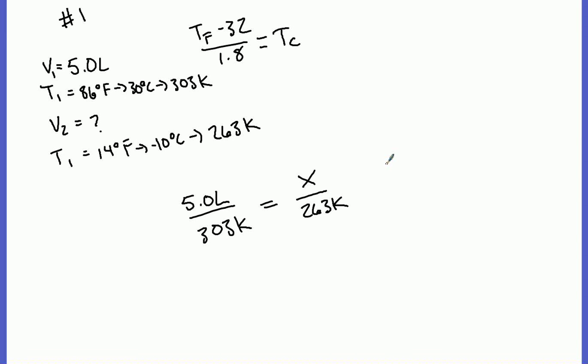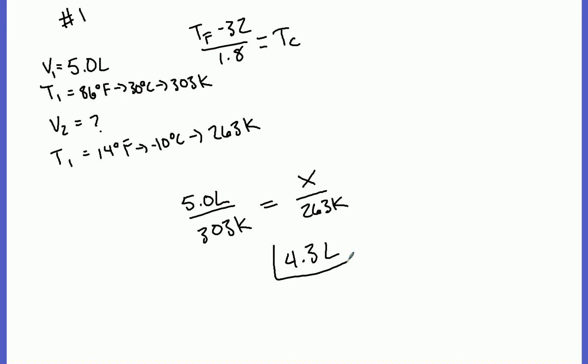In this case, you do whatever you need to do to solve the problem. You can use a fish method, you can cross multiply, you can just move things around to get X by itself, right? But if I solve for X, 263 times 5 divided by 303 is going to give me a 4.3399, right? Again, I'm limited to 2 sig figs because of the 5.0, so I'm going to call it 4.3